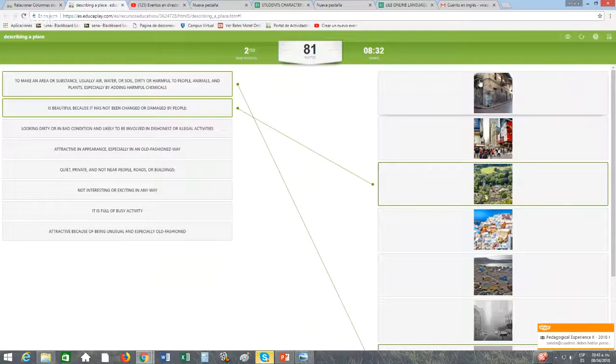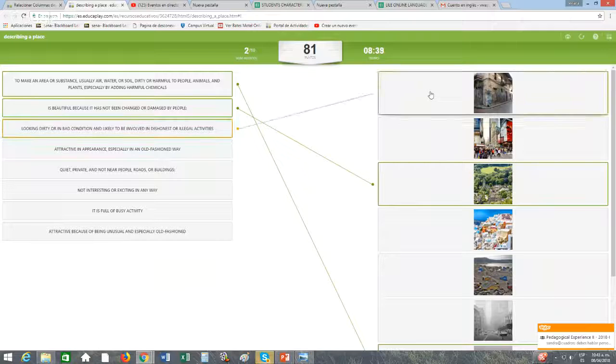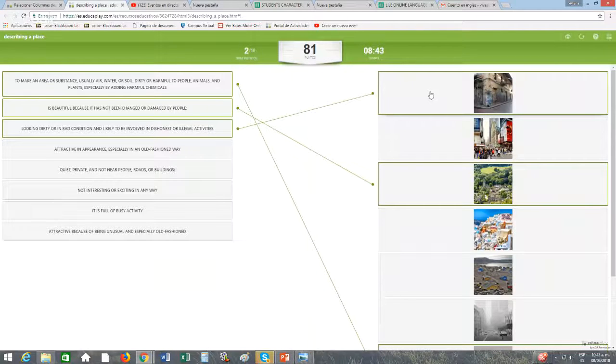Yeah, this is a house with a balcony, destroyed, graffiti, a lonely place. Yes. Okay, let's connect this with this one. Yes, very good. And what is the word to describe that place? Dodgy. Potentially dangerous.